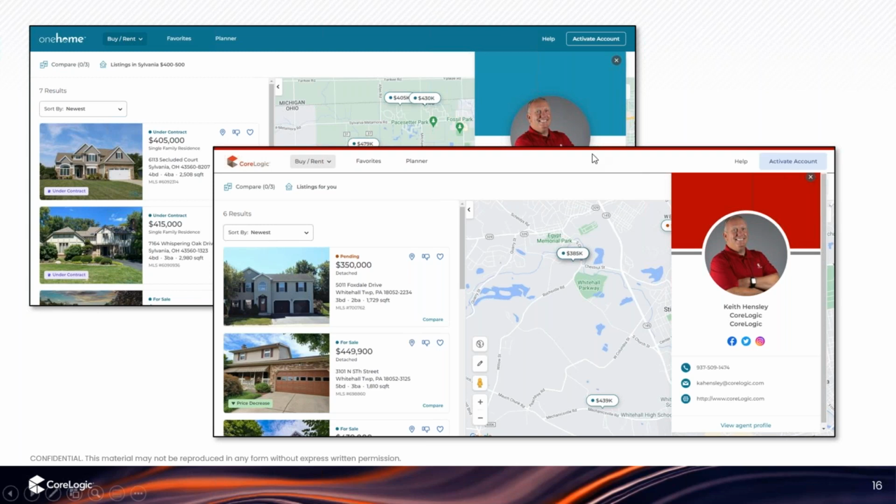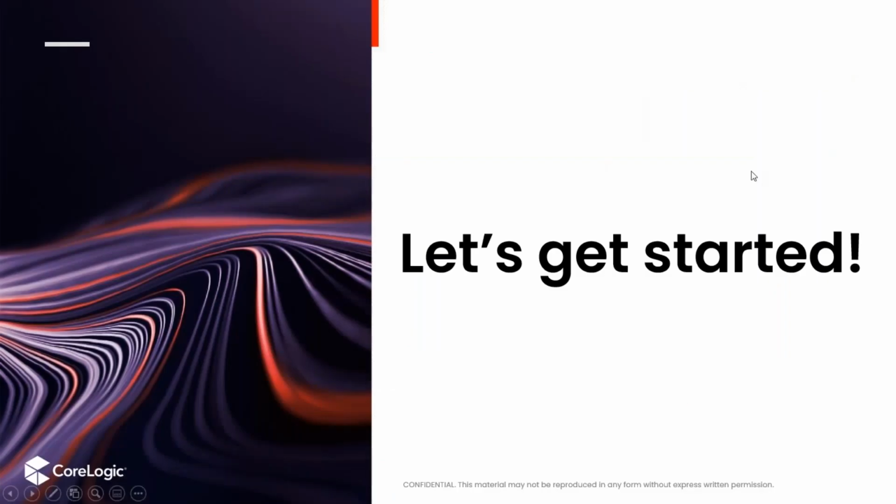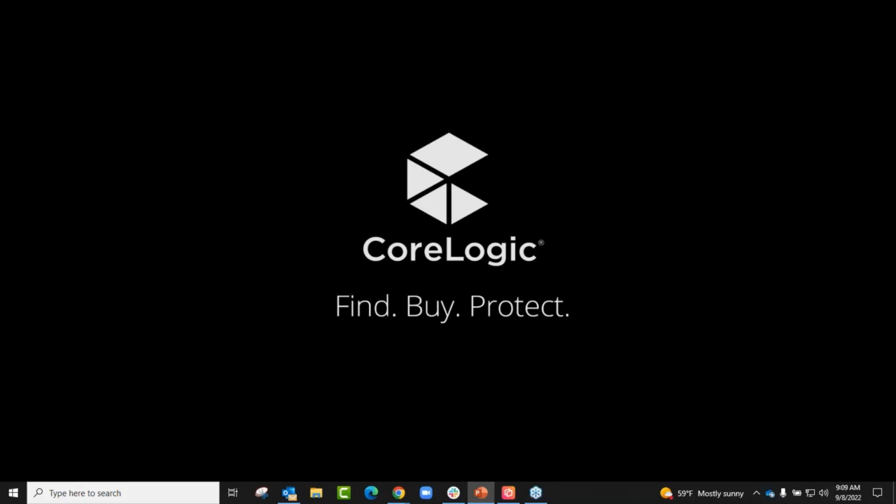I will show you again as we get in here, but for now, I'd like to go ahead and get started. So let me close this down. Now, since this is an app, I need to connect my cell phone to my computer so you can see it here. So let me